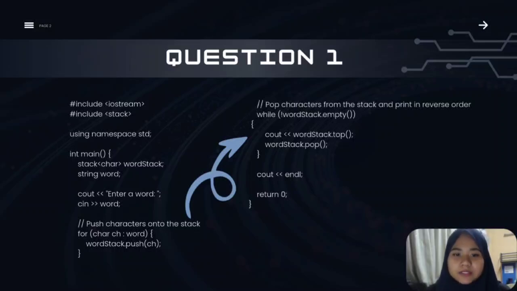The program first prompts the user to input a word, which is stored in a string variable. Each character of the input word is then pushed onto the stack one by one using a for loop. To reverse the word, we pop characters from the stack and print them